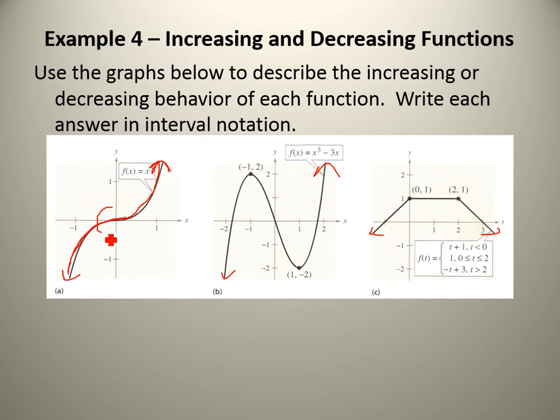I know this piece in here looks like it's kind of flat, and that's a common mistake that people make when they look at the cubic. The cubic graph is always increasing. So even though this looks kind of flat in here, it's not. It's just increasing at a much, much slower rate than the ends of the graph are. So what we would say about this graph is this graph is only increasing,